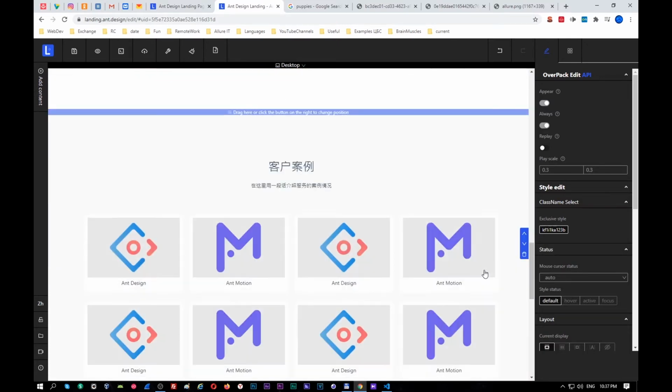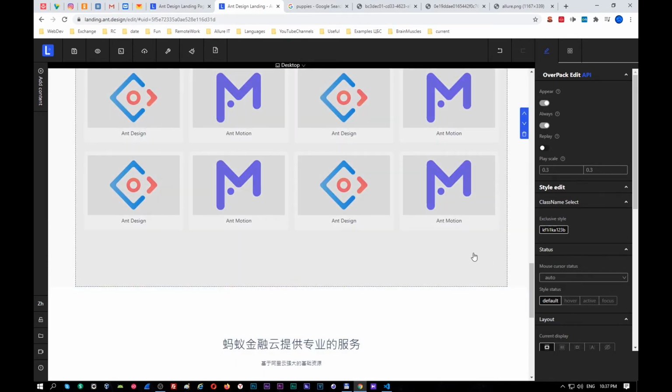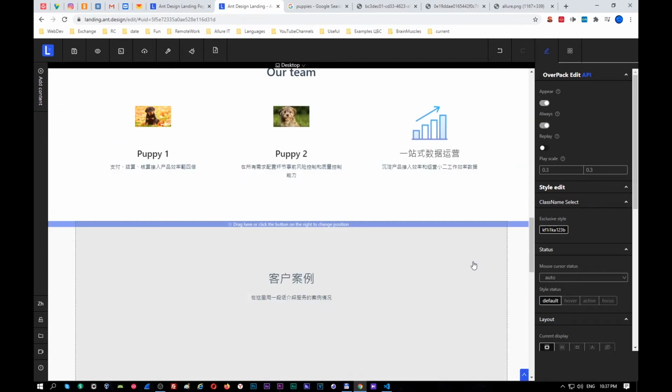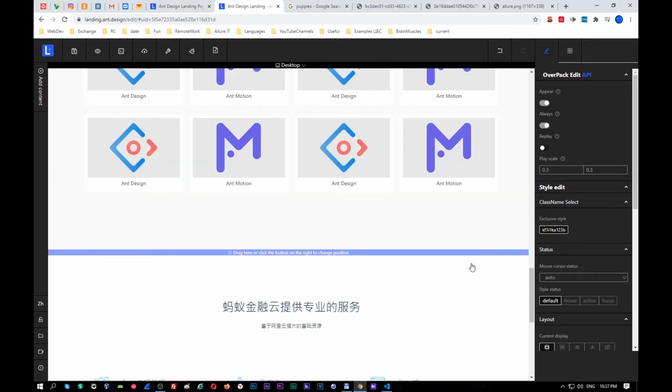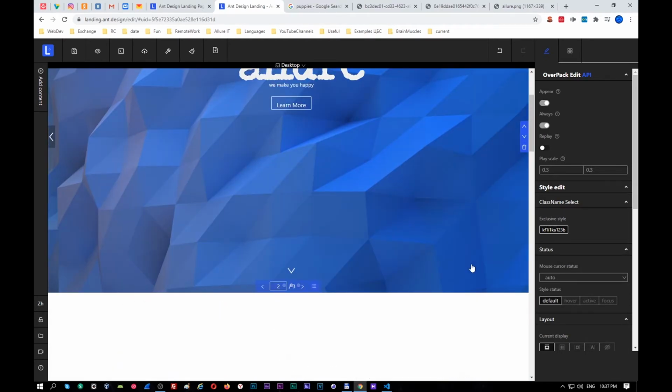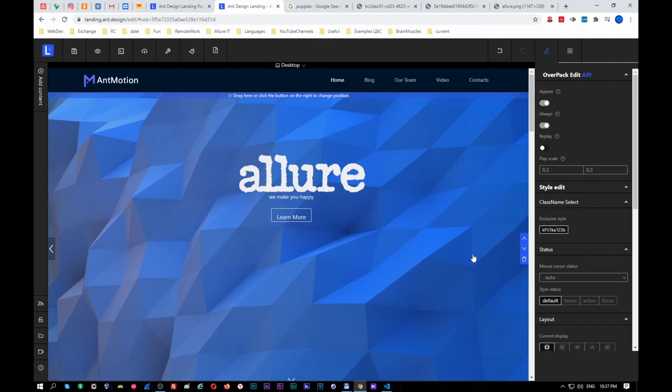So we have prepared some mockup, and I need to download it on my local machine and continue our tutorial. So if you need to download, you need to use this button, download,